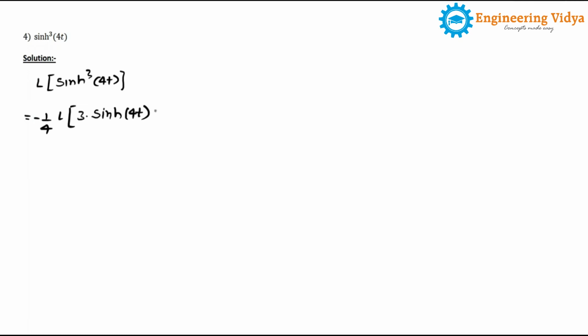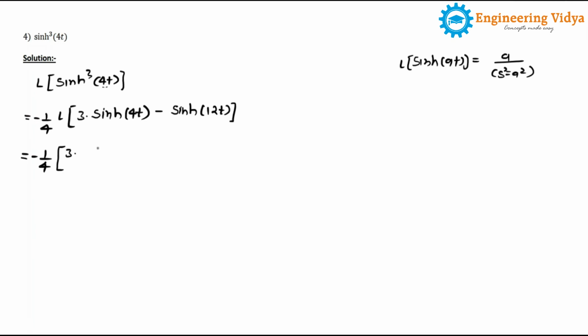Since here we have a minus sign, in between a minus sign will be there, but always we know that whatever the second function is, it will be 3 times the input angle. The input angle is 4t, so 3 times 4t will be nothing but 12t. So here we will write sine hyperbolic of 12t, right? Other things are very clear to you now. So minus 1 by 4 stays minus 1 by 4, and 3 is a constant, so 3 will be outside. The Laplace transform of sine hyperbolic of at formula we already know, it is a upon s square minus a square. I hope you know the formula, okay?